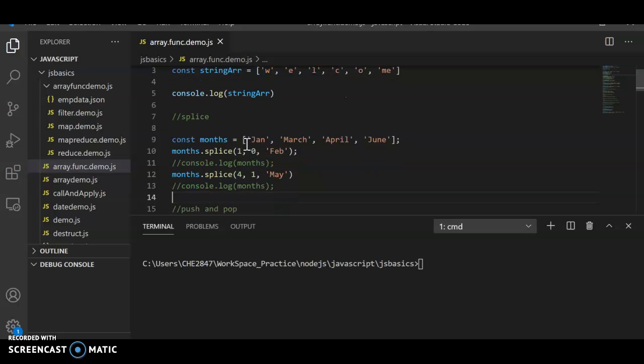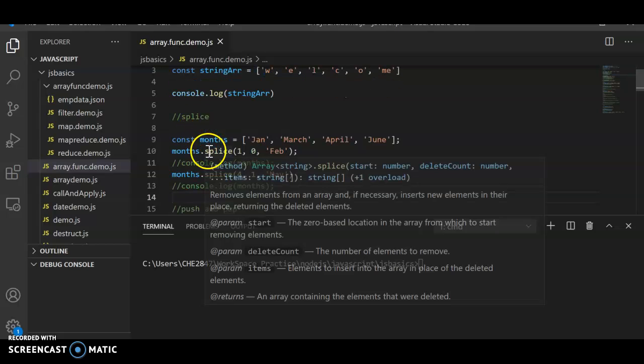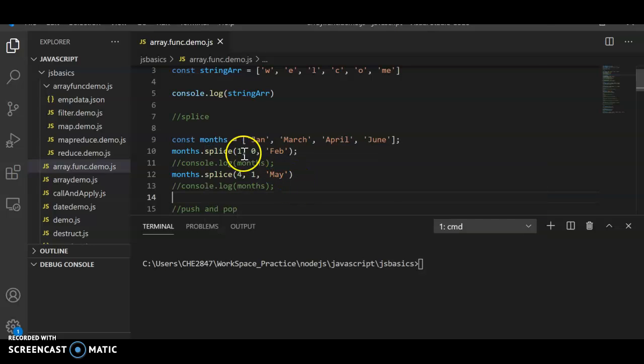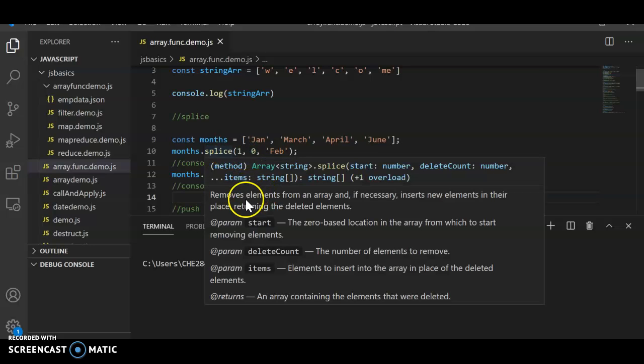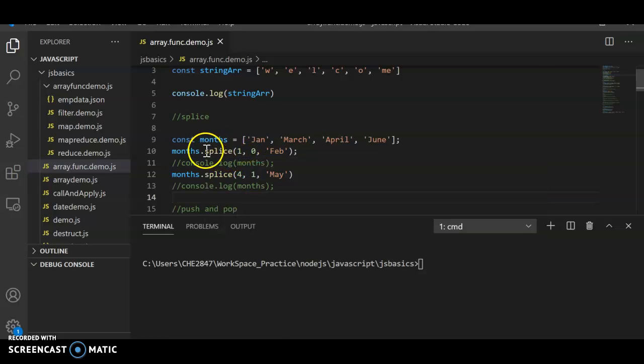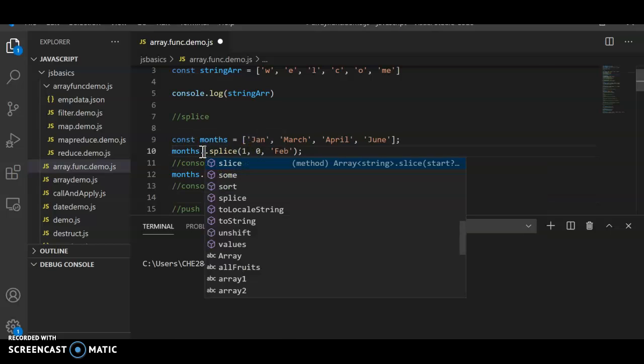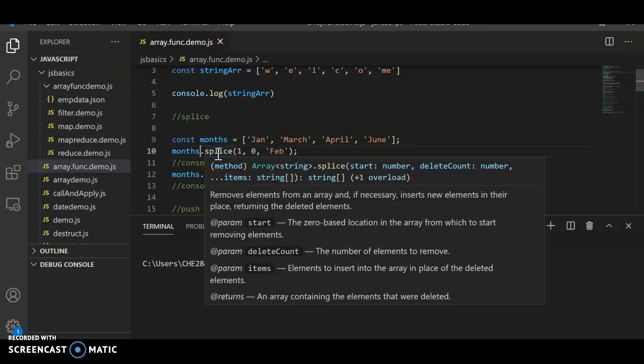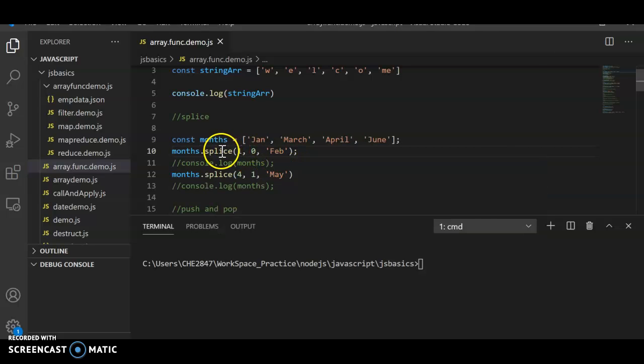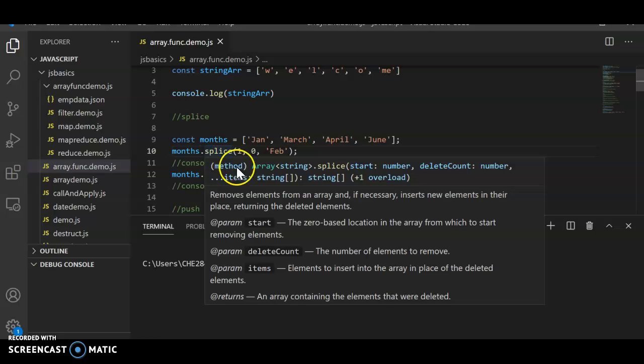So the first method that I want to talk about is splice. Splice basically removes elements from an array. You can see the definition. This is also one of the ways to understand it in case you don't know: if you put a dot here, it's going to show the methods, and you can also mouse over this and it's going to show the tooltip with the definition of the method splice. Basically it removes elements from an array, and if necessary it inserts new elements in their place,